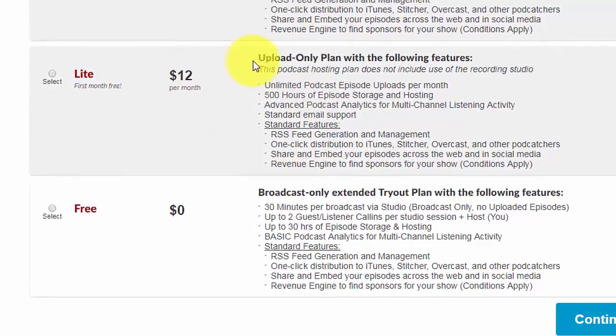First, you're going to see what is called an upload-only plan, and this will allow you to record your audio and upload it to the Blog Talk Radio platform. Now, you are going to be limited in the number of hours that you are going to be able to have stored on Blog Talk Radio if you choose this plan. Now, the other option is for you to use the broadcast facilities of Blog Talk Radio. You can actually use this free, and what you're doing is creating content. Blog Talk Radio will store 30 hours of this particular kind of content,